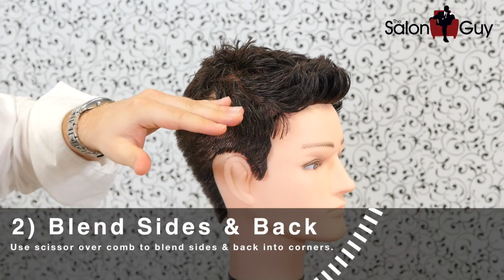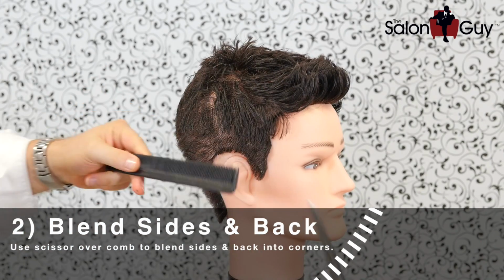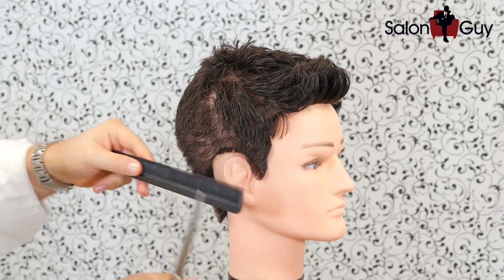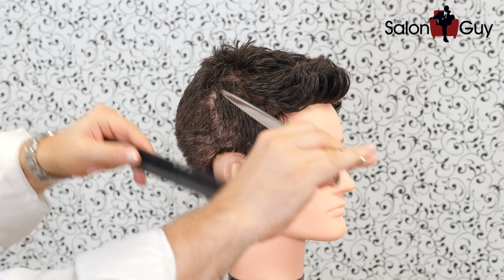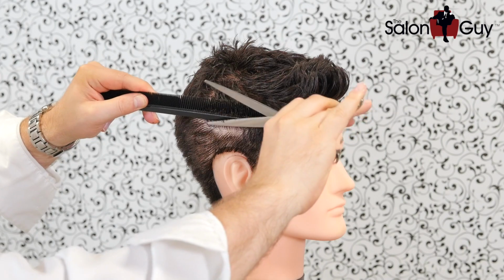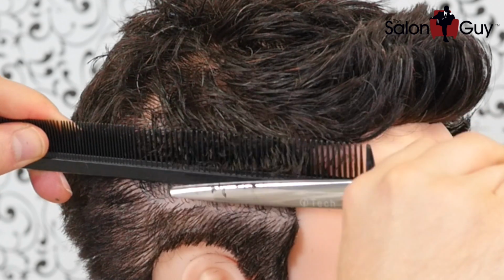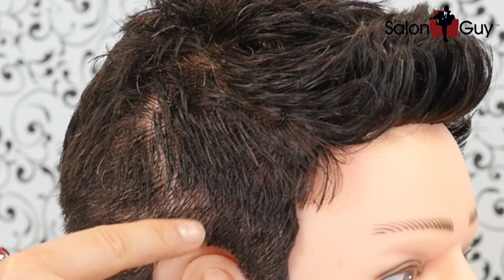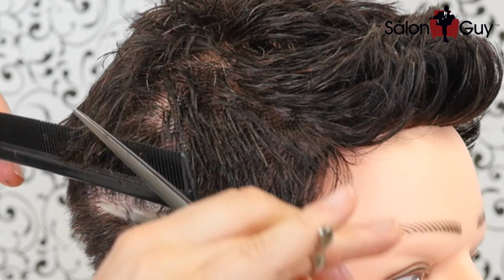Alright, now what I'm going to do is blend this in using scissor over comb, and I'm going to pick up right where the line of demarcation stopped, where I stopped with the clippers, and I'm just going to work my hand upwards with the comb, moving simultaneously. And what we're going to do is cut this. This is probably about, I'd say, half an inch in length right into the sides and the back, and